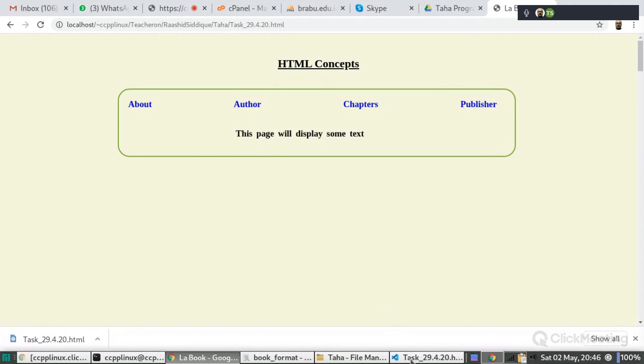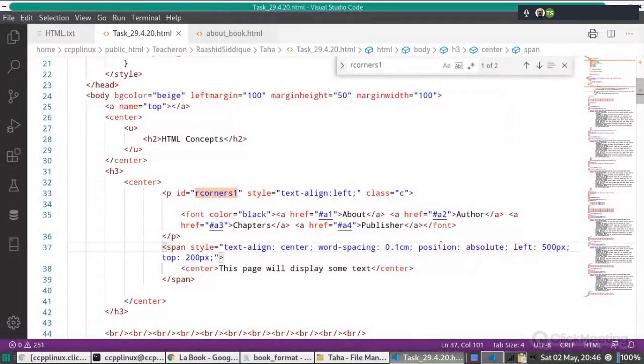Yes, actually this attribute is very important. This position. So different possibilities are there. It can be absolute, it can be relative, okay, it can be fixed, and it can be static. 4 different possibilities are there. So we will learn each and everything in the CSS part when we will learn the CSS. What is the meaning of absolute? What is the meaning of relative? What is the meaning of fixed? And what is the meaning of static? Like this. Then we will understand how to position the elements on the web page.